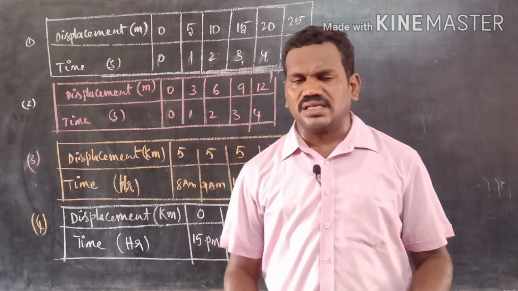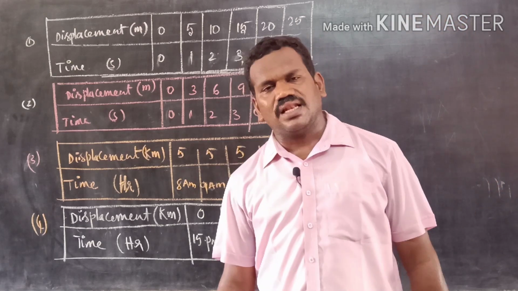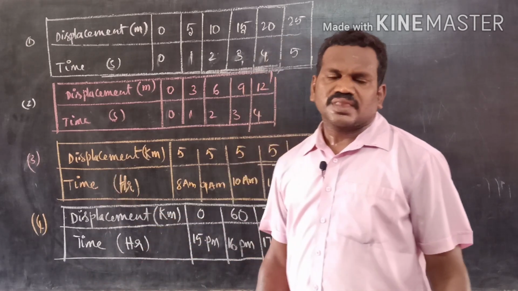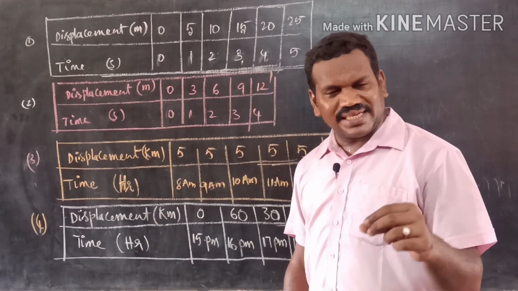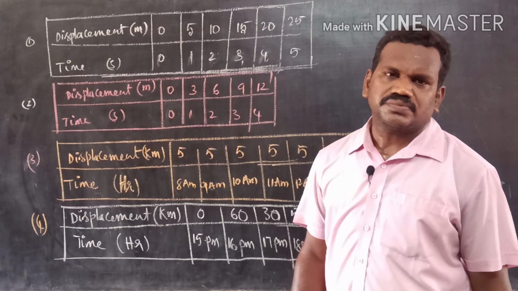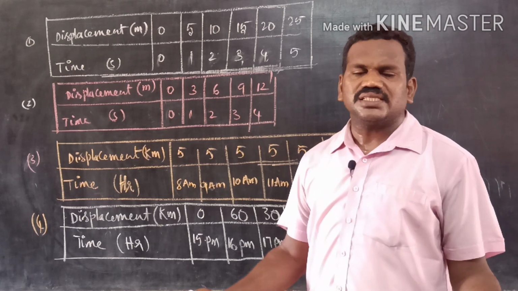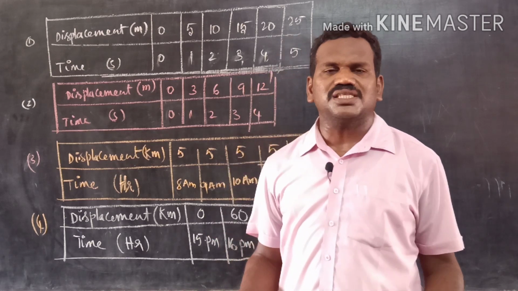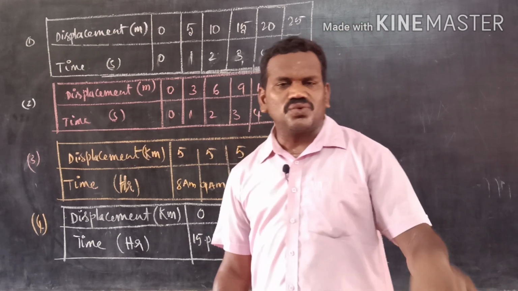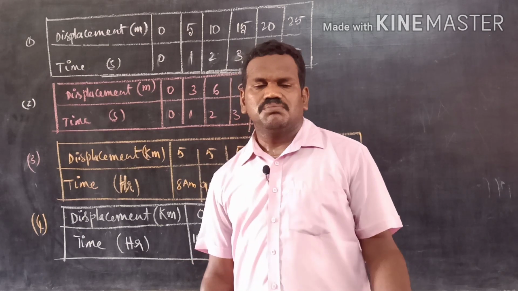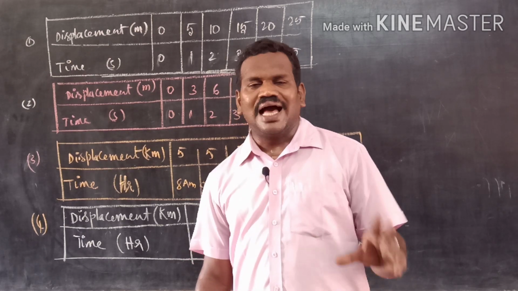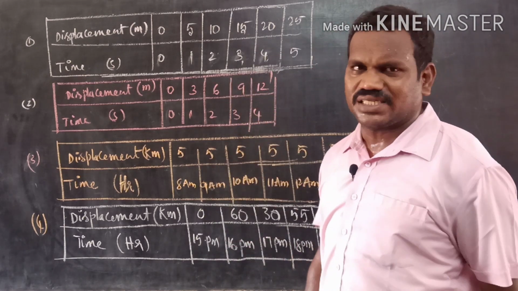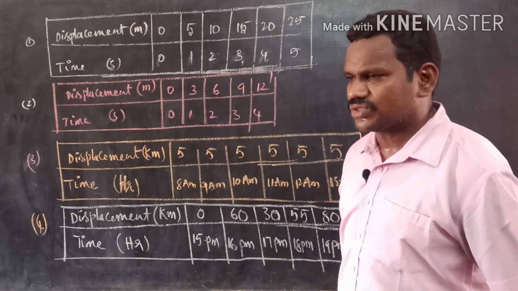We are comparing either the distance travelled or the displacement with respect to time. If the displacement with respect to time is more, we say the speed is more, or if it is less, the speed is less. These are the general terminologies we use much of the time: high speed, low speed. Now what is speed, what is velocity, what are the differences, let us come to know.